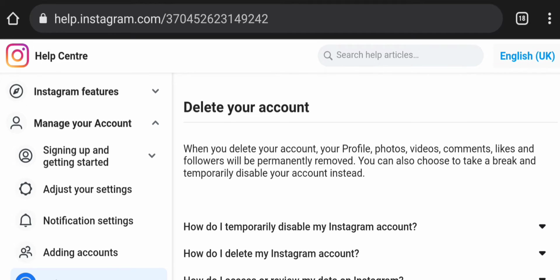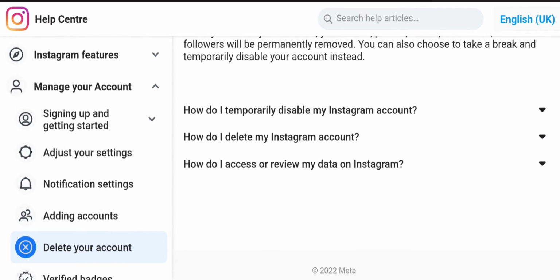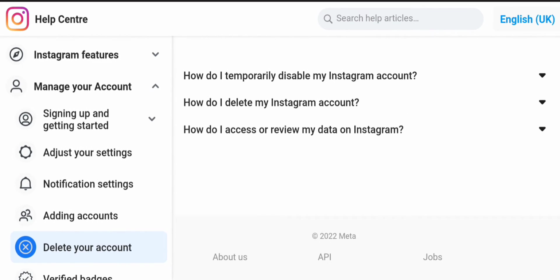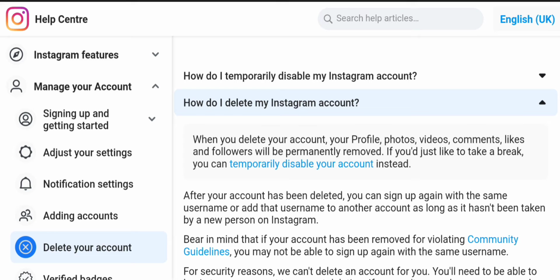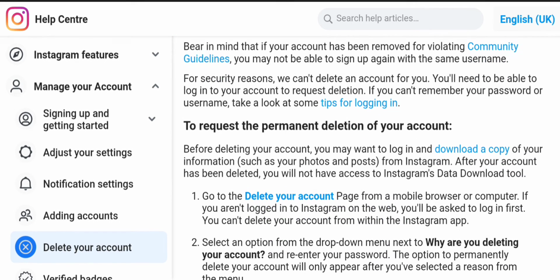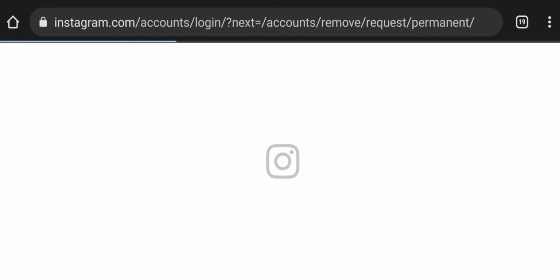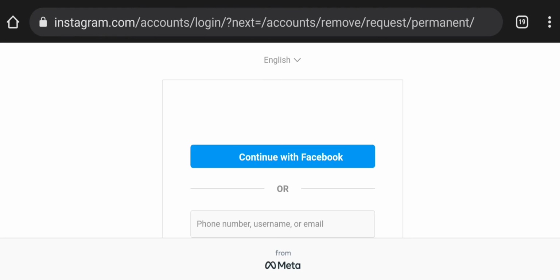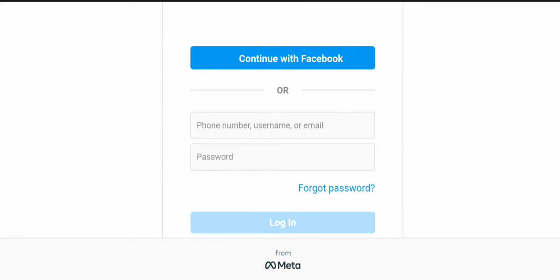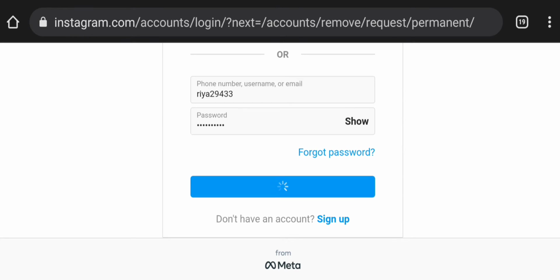For deleting the account, you have to open this link. I'll put this link in the description. You have to click "How do I delete my Instagram account?" So this is the final page, and this is the link, and after clicking on this link you have to log in with your Instagram ID. So after filling in your details you have to log in to your account,